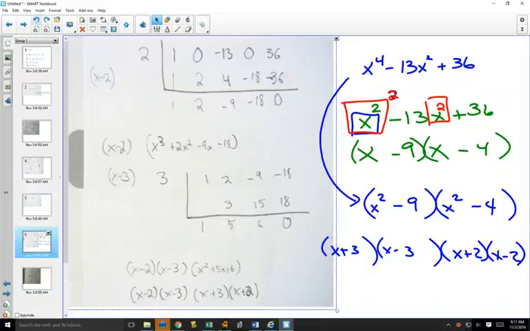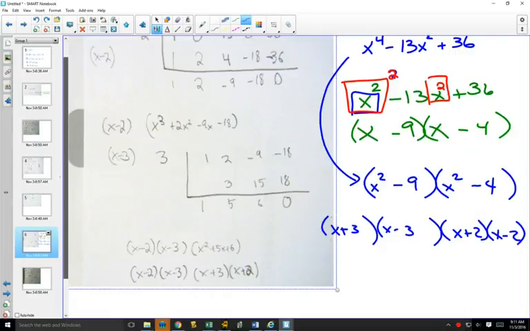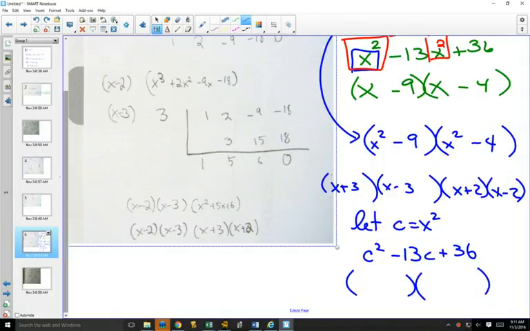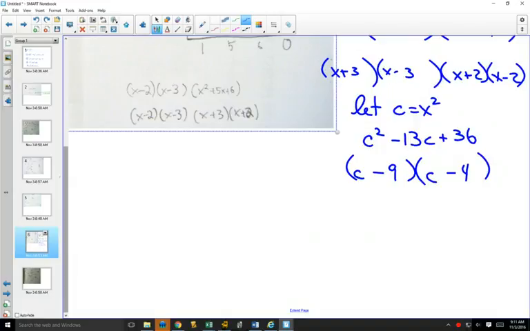Yes. Could you substitute? And what some people do in a question like this is they pick a different letter. What's your favorite letter in the alphabet? Don't pick X because we used it already. C? So you say, let C equal x squared. And then that question becomes C squared minus 13c plus 36. And then you could say, well, that's easy to factor because it's got to be c and c minus 9 and minus 4. And after you've factored it, you substitute back in, well, c was x squared. So this is x squared minus 9,